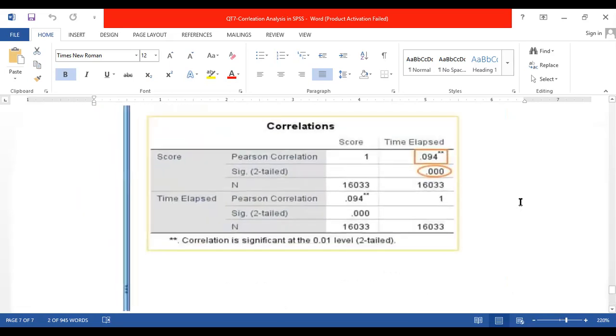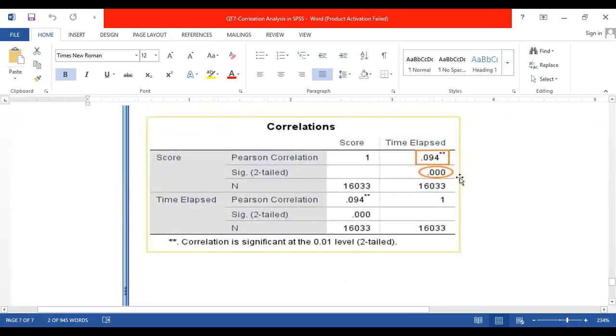The significance level is 0.000, which lies within the acceptable limit. Now we need to perform a practical demonstration in SPSS software, so we will understand how to perform the correlation analysis using SPSS.